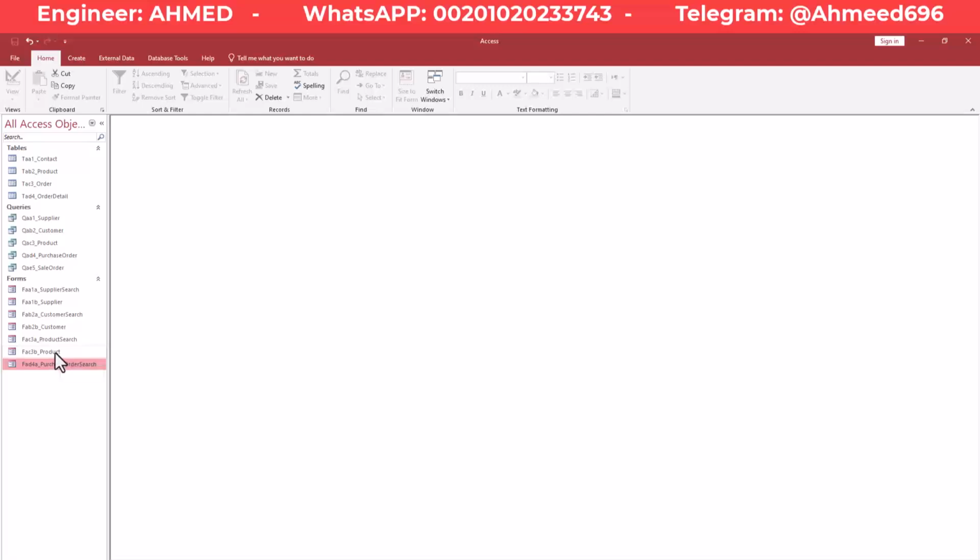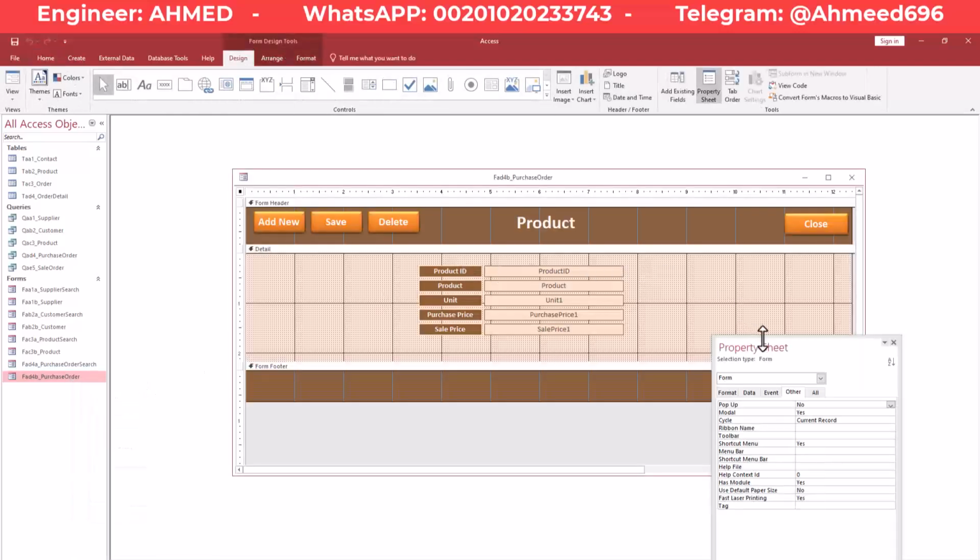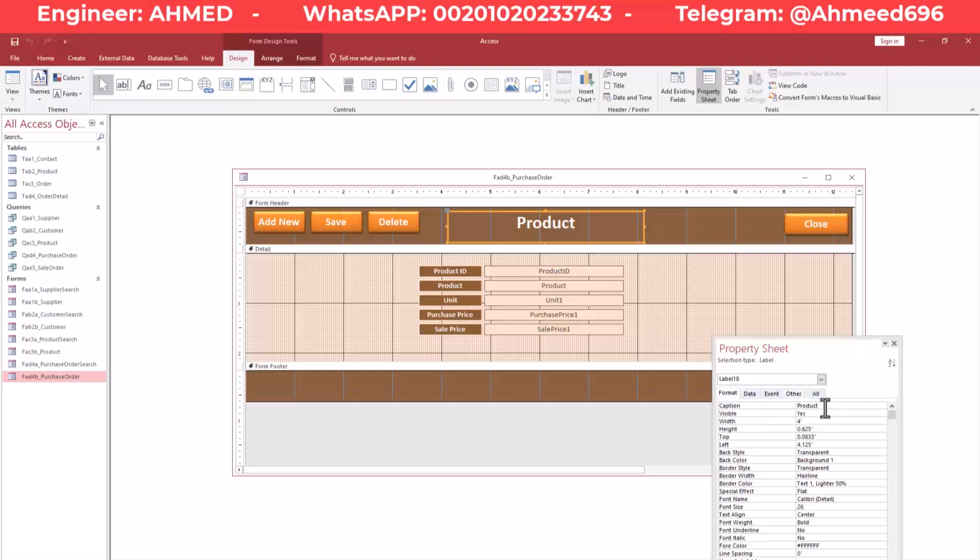For example, I could copy this one, product form, and change it into our new form name, which will be D4B purchase order. Let's go and change this one. So here it would be purchase order